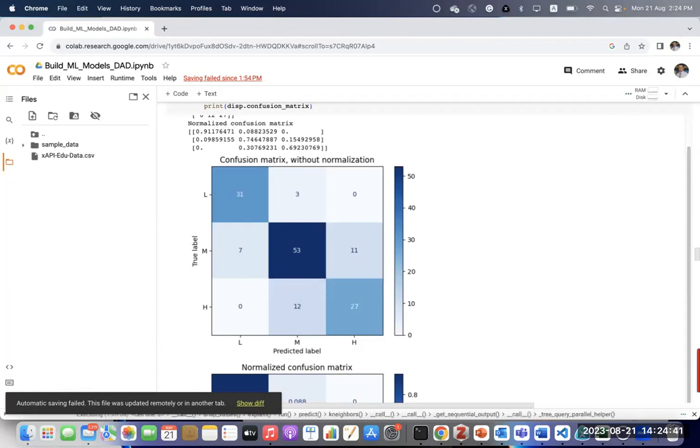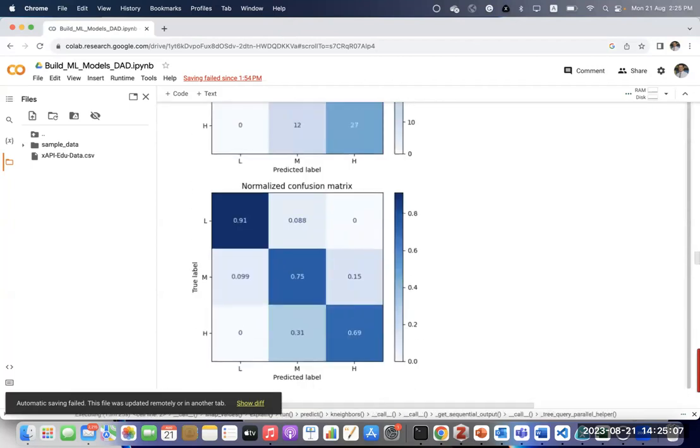Of course, on the test set we have to keep 30% for testing, so we can see from the results here, for the high class, how many instances were low and classified as high is 0, but we are interested in that line. As normalized values, we can see that as a percentage of accuracy. Based on the total number of instances, we have 95 for the low class.